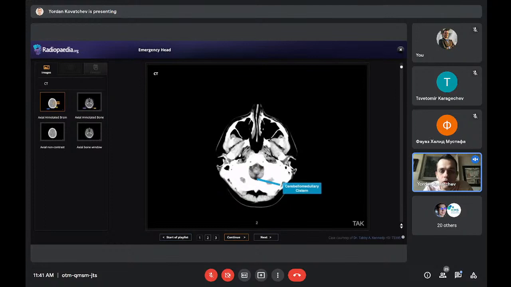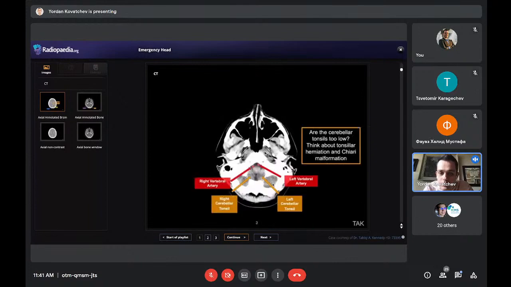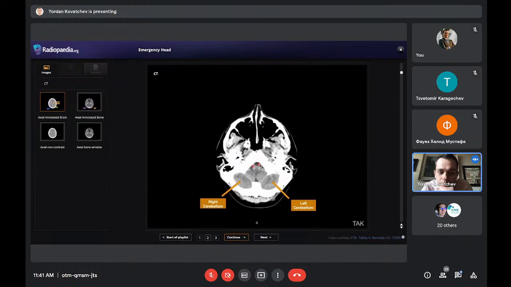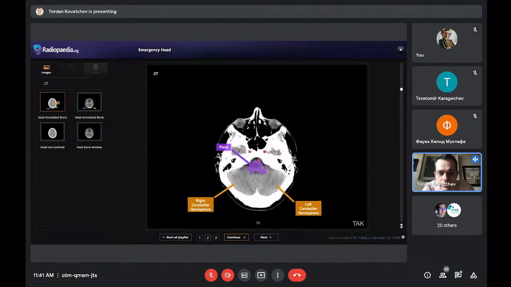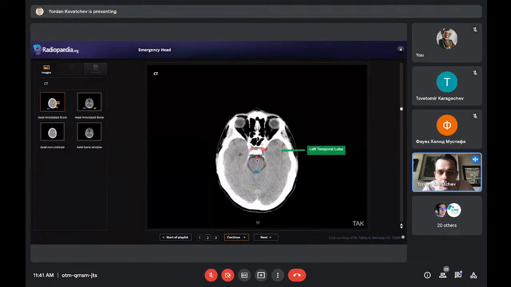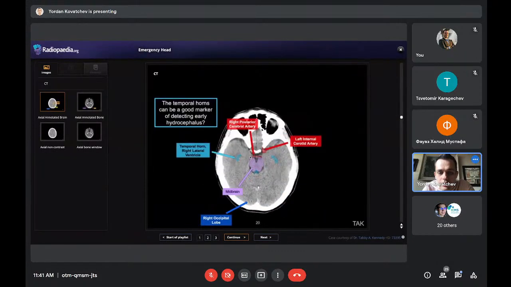But let's look at the basic anatomy now again, but this time on cross-sectional imaging, so you can make sense of it in your head. We'll start from the bottom up. The spinal cord enters the foramen magnum here, right, and turns into the brainstem. What I want you to notice here are the two vertebral arteries, as I showed you earlier. They will collide on the top into the basilar artery. So here they go, the vertebral arteries, and this already is the basilar artery. And it goes up, the basilar artery, and then here is the circle of Willis.